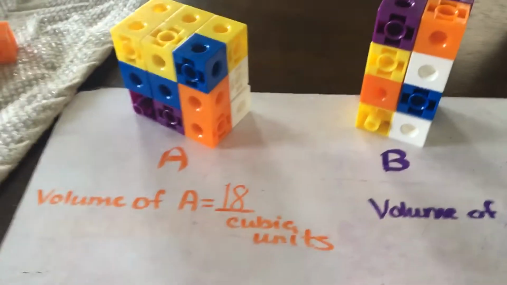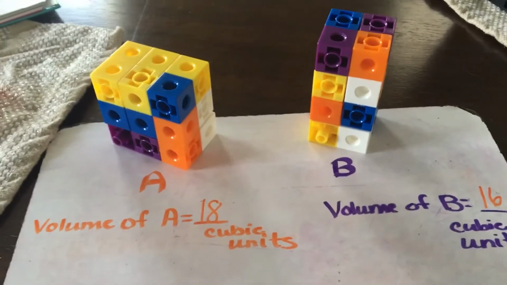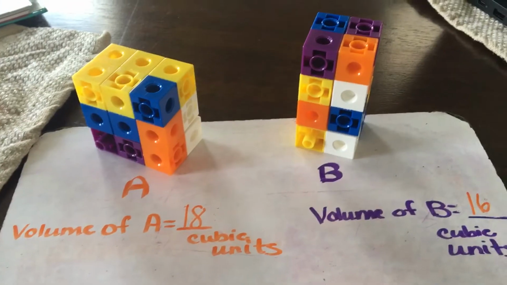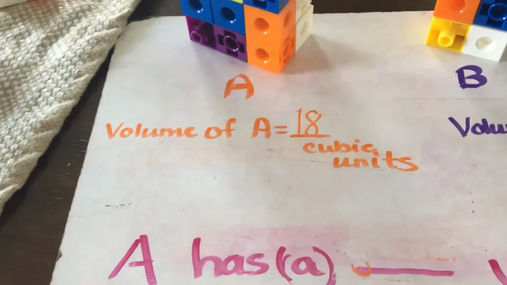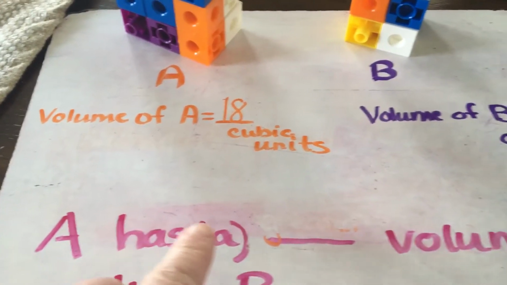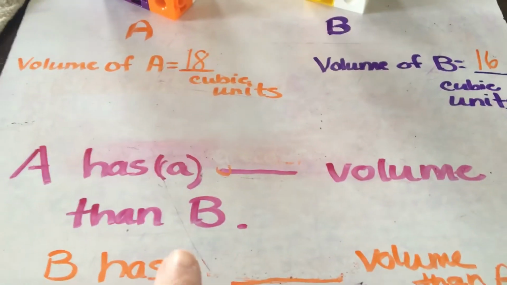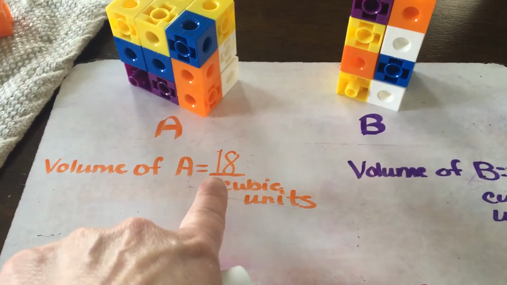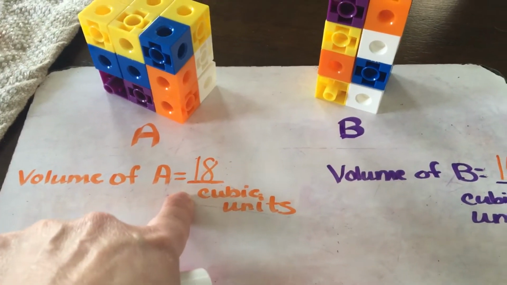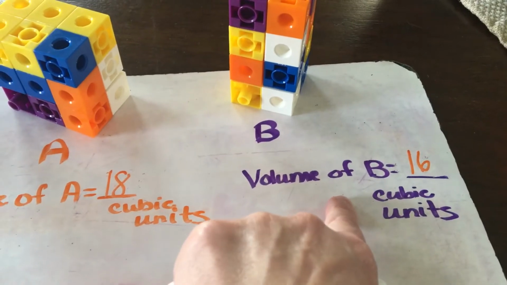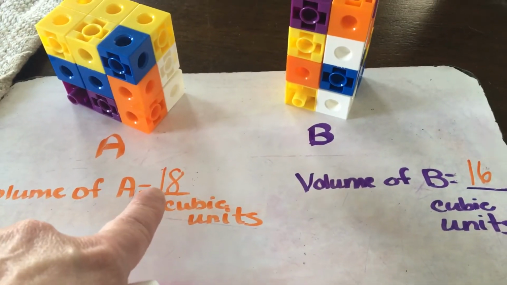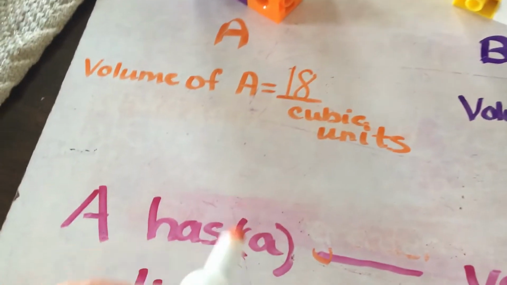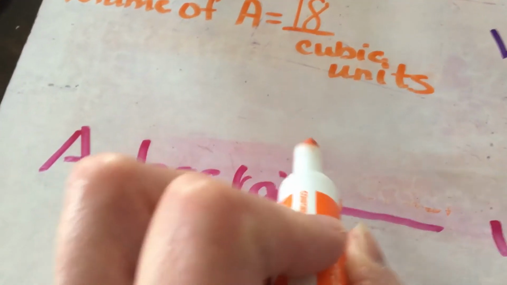Okay? So as I'm looking at figure A and B to compare them, my sentence here says figure A has a what volume than B. So that means I'm comparing A to B, which means I'm comparing 18 cubic units to 16 cubic units. And I know that 18 cubic units is greater than this. So I'm going to write A has a greater